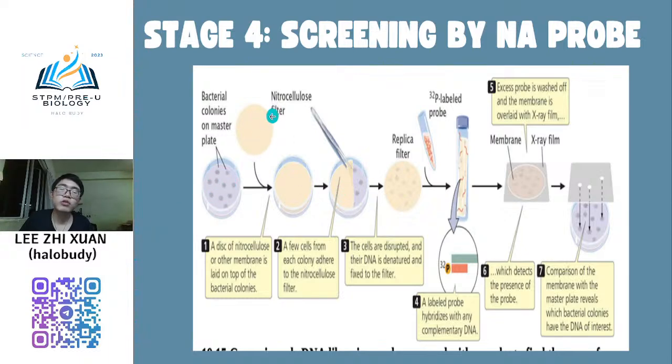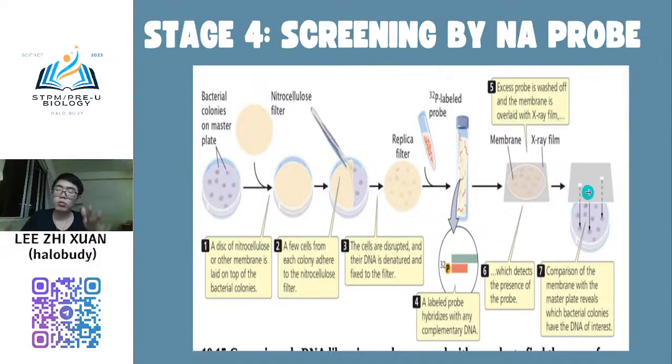So this filter paper is like a copy, you copy the DNA information to this filter. After that it will hybridize with this DNA probe. So the colonies with the recombinant plasmid will have the certain DNA that we want. This DNA will bind to the DNA probe. After that it will run on the X-ray and form the dot. The dot that forms is the one we want.